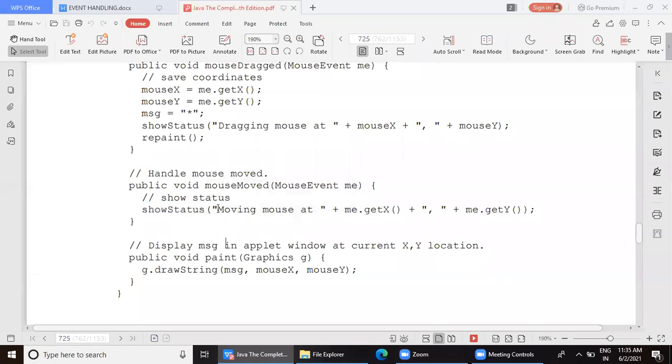So at the status bar, I am displaying the message "moving mouse at". And in this method body, I have not taken the help of the variables mouseX and mouseY. Let me show you with the annotations.